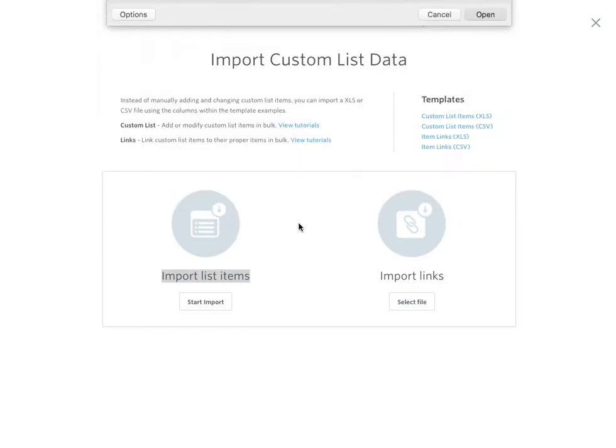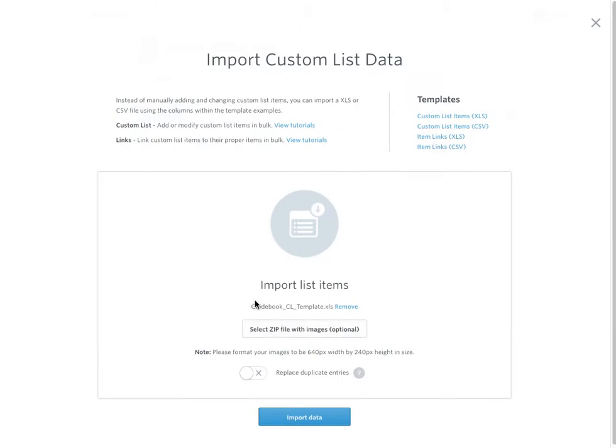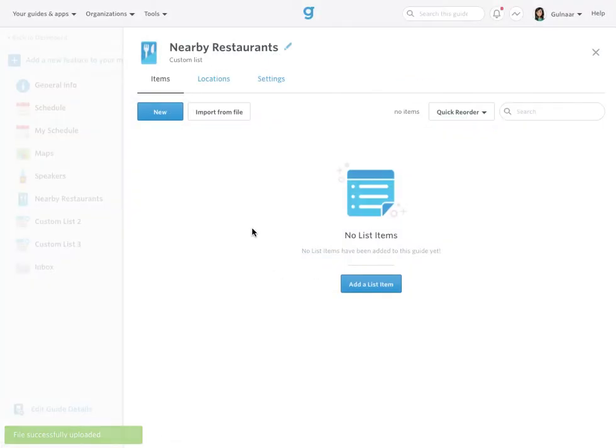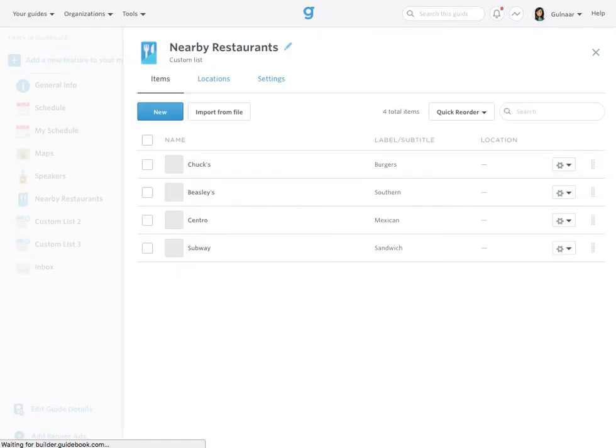I picked up my template. Builder's going to say, is this the right one? Yep, that looks right. Let's go ahead and click import data. I should see a success message. I'm also going to refresh my page. While I'm refreshing this window, I'm checking my email. I should have received an email that said success. If it says whoops, it'll have an error message telling you what you need to fix about the template before trying again. In this case, I got a success email